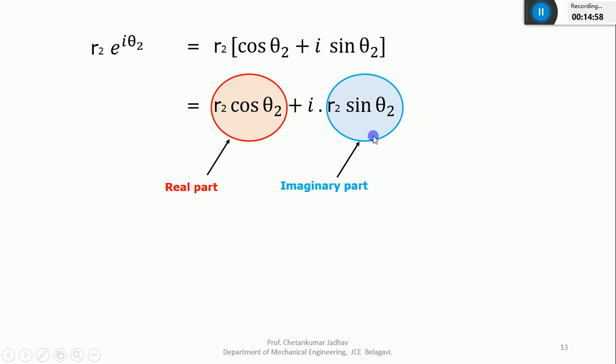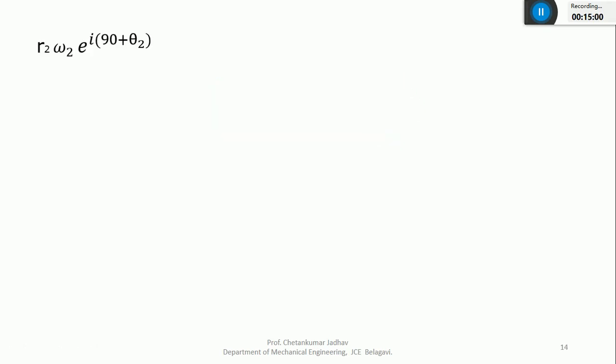I'll go with one more equation. Similar thing. There's one more parameter I've added, that is omega 2. It is a single equation. Just simplify this and let me know which is the real part and the imaginary part. Please simplify, otherwise you will not get today's problem, which is based on these simplifications only.